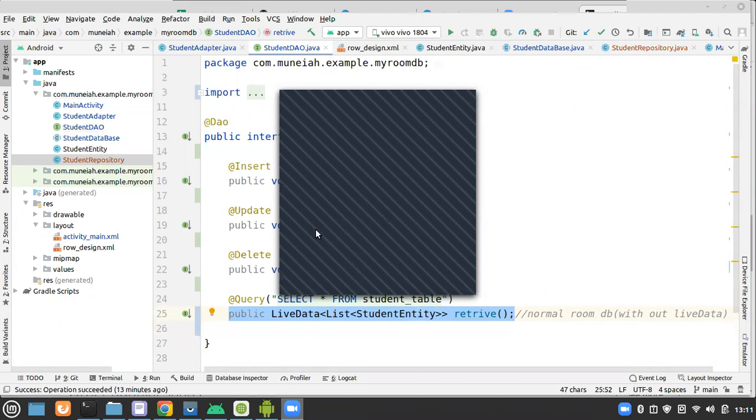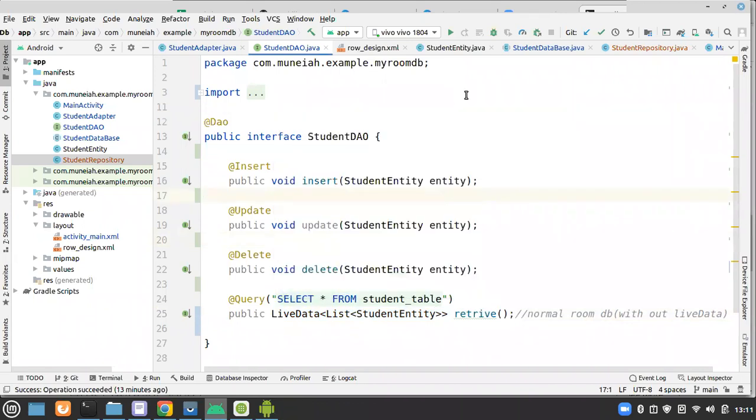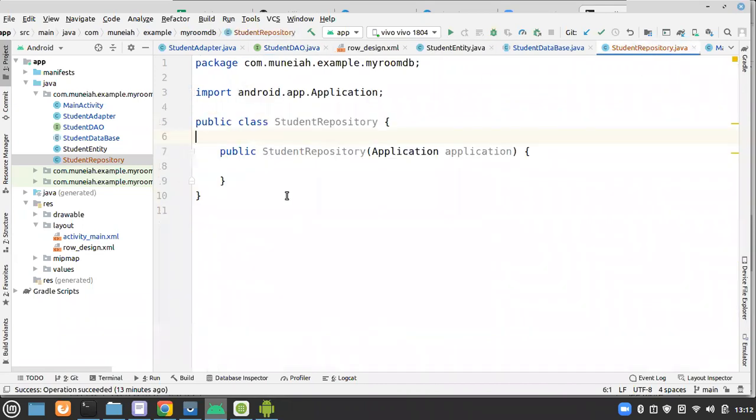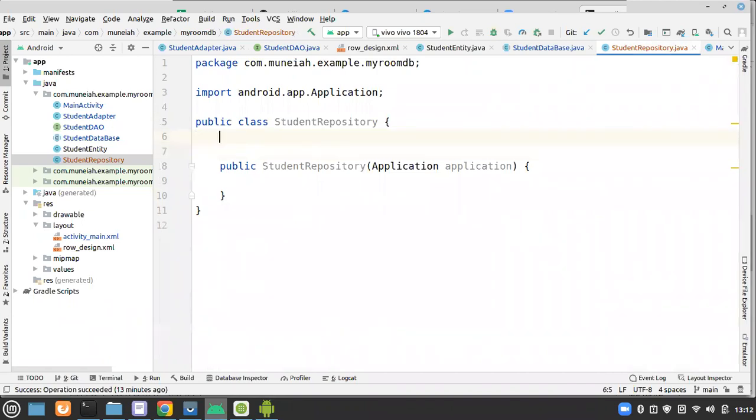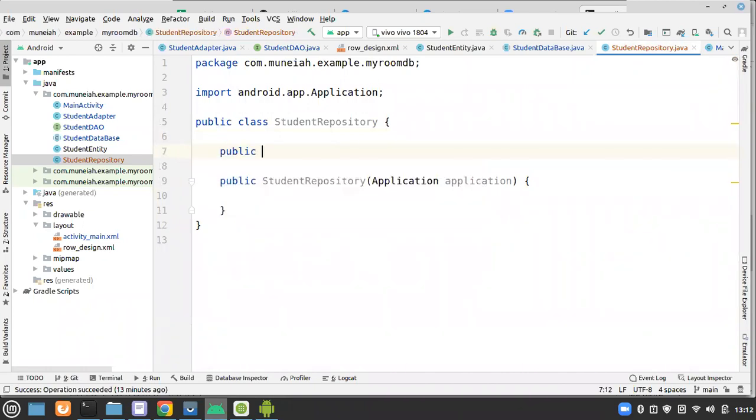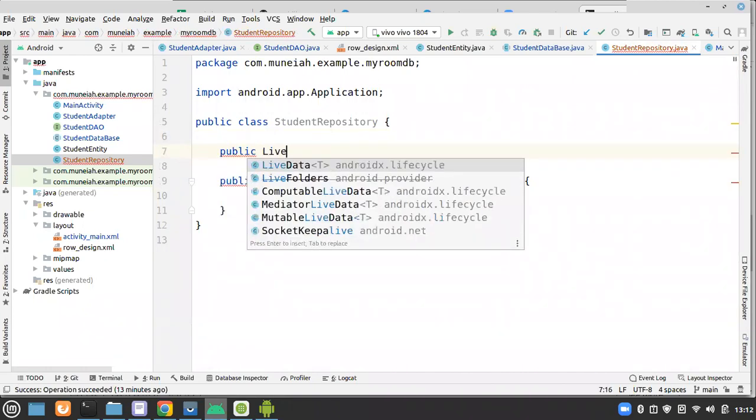Please replace this query with this one, LiveData. Once you modify to LiveData, you need to create a variable for LiveData and your database. Okay, so public LiveData